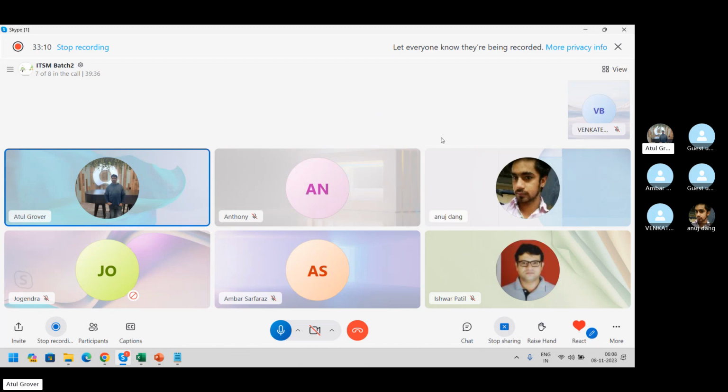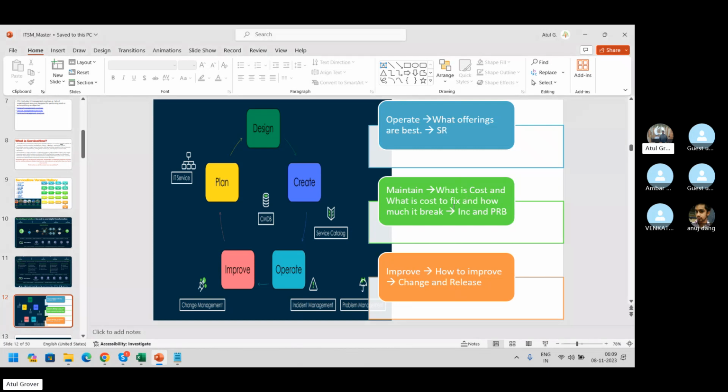Buying a car means you are taking care of an elephant, because insurance, services, cleaning, these things cost more. This is where maintenance comes in. Maintenance means how much each offering is costing me, and if something goes wrong in that offering, how to fix it.